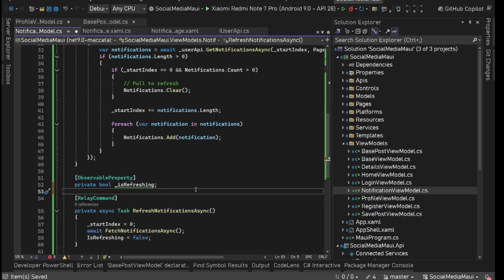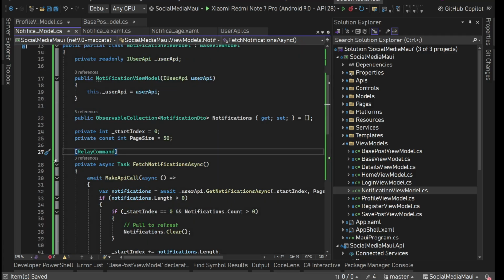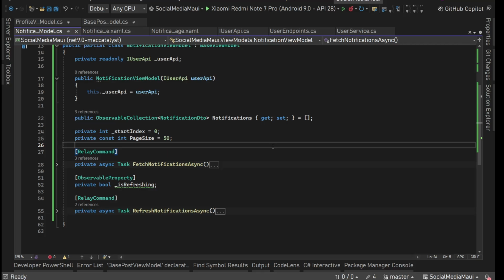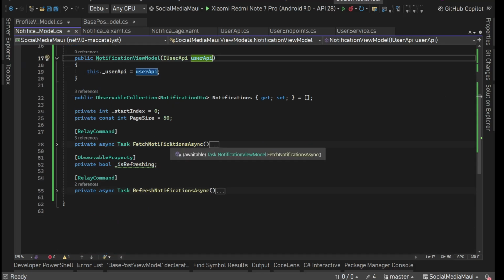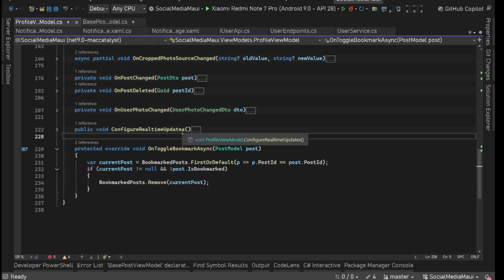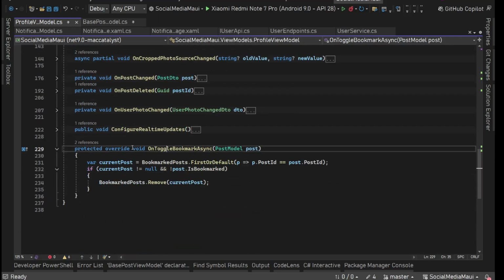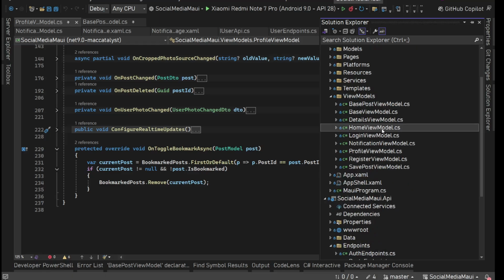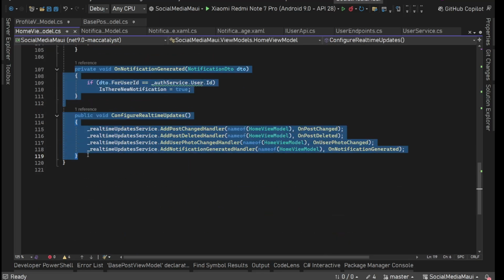Is refreshing, yes. Looks like we are good with this fetch notifications async and all. Let's use real-time updates as well right away. So for this, let's go to any of the view models. We'll have configure real-time updates. Let's copy from the home page, home view model, because there we have that on notification generate, right? So this thing we are going to copy,